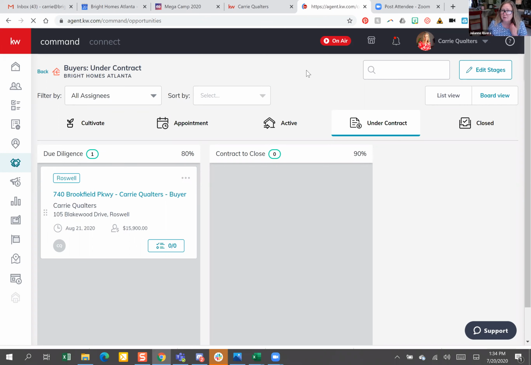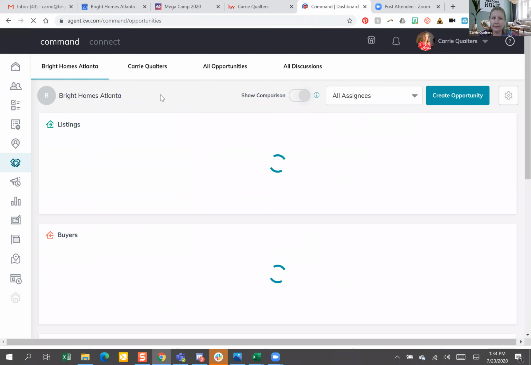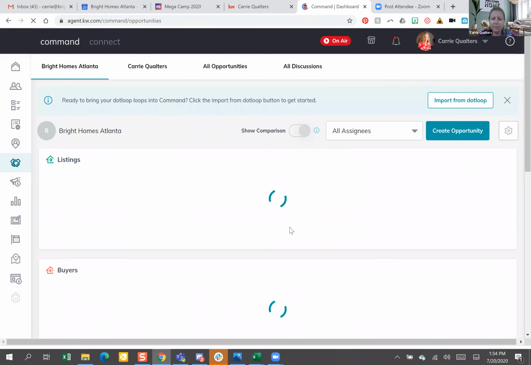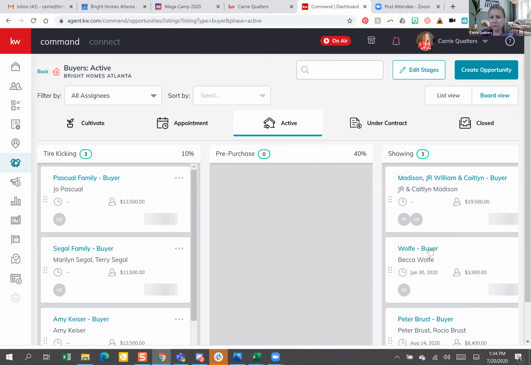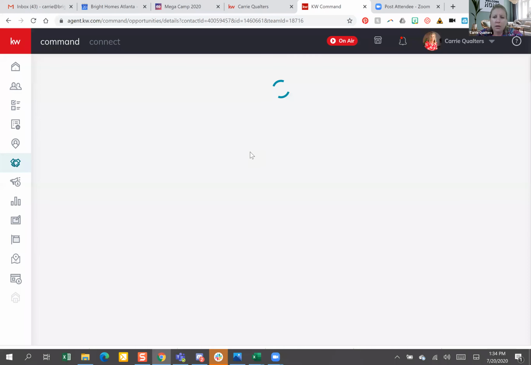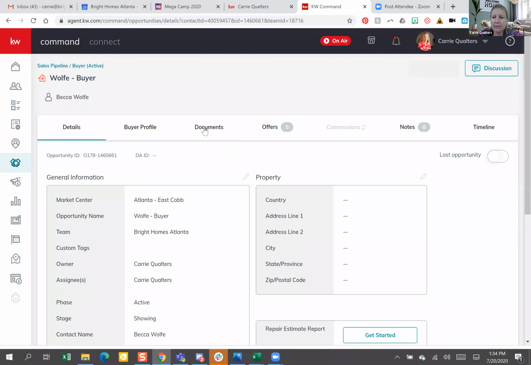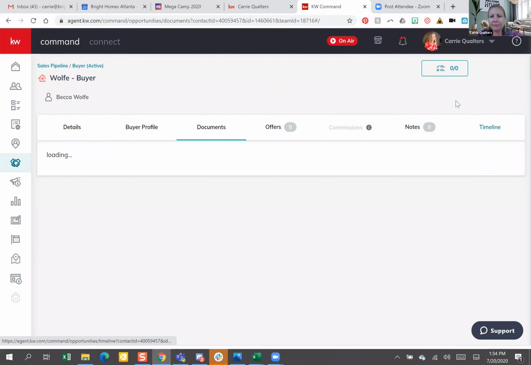If you had multiple offers and you were countering or doing different things and they're in DocuSign, you still need to keep track of it all. Yes, yes. Okay, this one I know we made multiple offers. Okay, so if I go to documents and then I open my DocuSign,